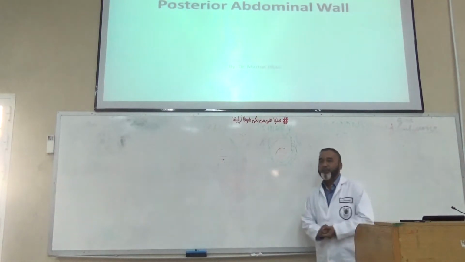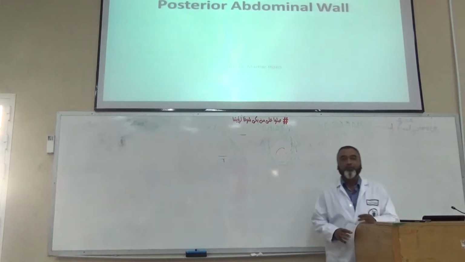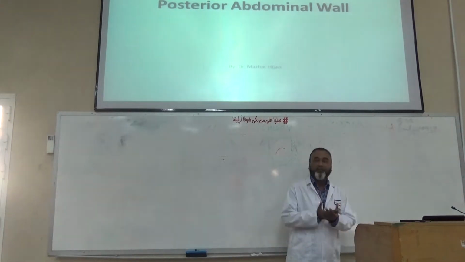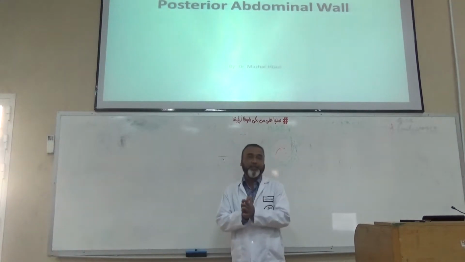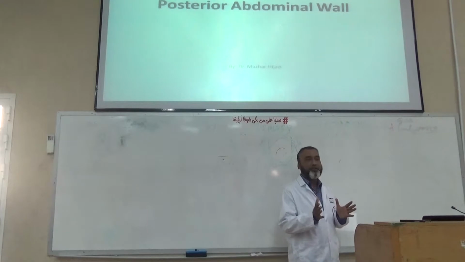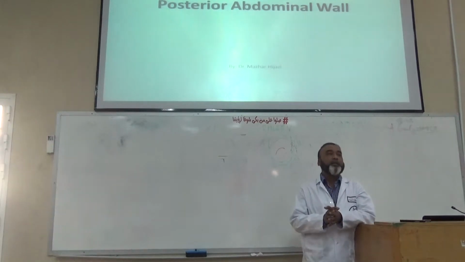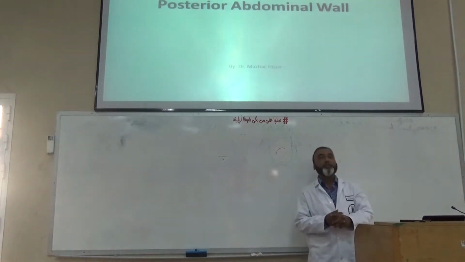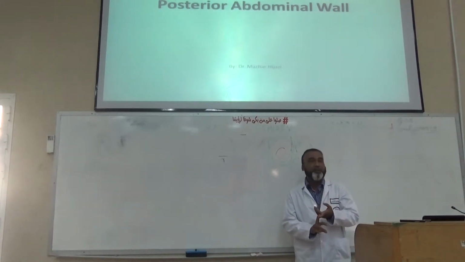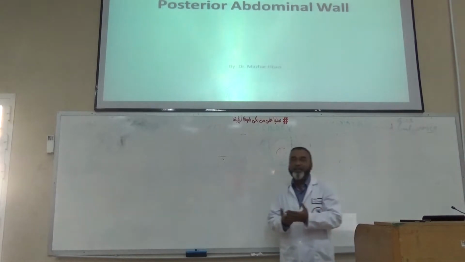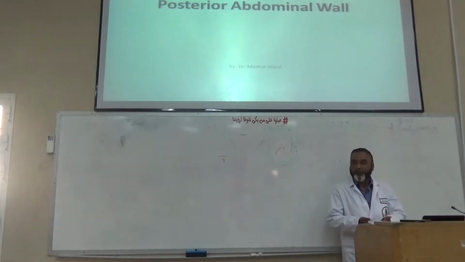We are starting with the posterior abdominal wall. If you see the posterior abdominal wall, we usually have the 5 lumbar vertebrae and 3 to 4 muscles, one of which, transversus abdominis, you have done with the muscles of the anterior abdominal wall because it is coming from behind then forward. The remaining we will do today, and the other one is the 12th rib. So the 12th rib, the 5 lumbar vertebrae and the muscles, plus the small upper part of the iliac bone also.